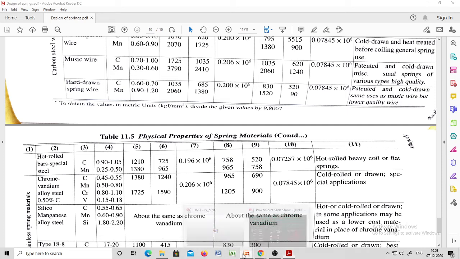So we just note down: assuming chrome vanadium steel with ultimate torsional strength of 965 megapascal.